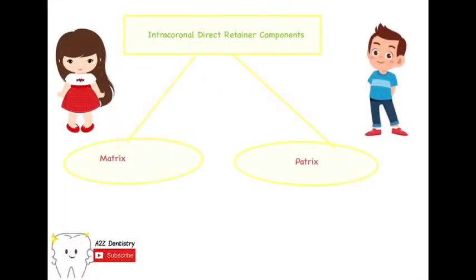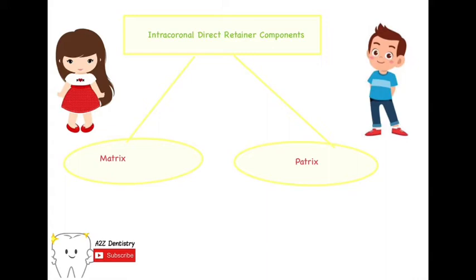Now we will just overview these intracoronal types of retainers. This consists of a two component system. The first one is the matrix and the second one is the patrix. I have put two pictures here to describe that the matrix is basically the female component and the patrix represents the male component. What happens is that this patrix gets inserted into the matrix. As the boy goes to the girl, we can remember it that way: the patrix, which is the male component, goes into the matrix, which is the female component.